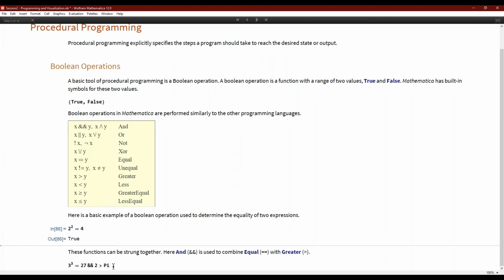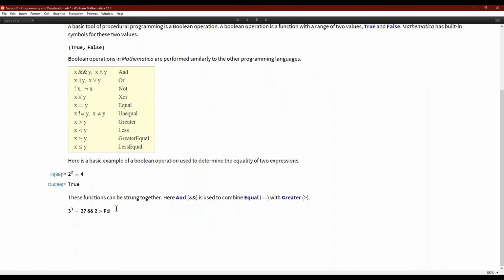But you can nest these things, you can put these things together, not nest them, sorry, in a way that then allows you to do things like, is 3 cubed 27 and 2 greater than pi? And hopefully we all know that's going to go for false, because 2 is not greater than pi. But it's these kind of abilities to check is something true or false that allows you to program in some interesting logic into your